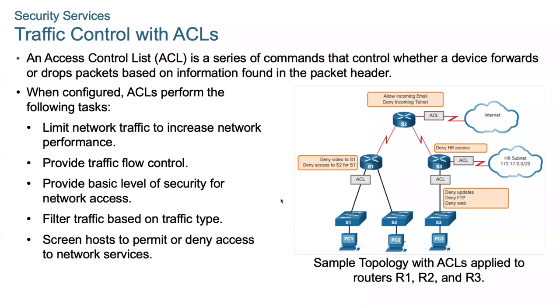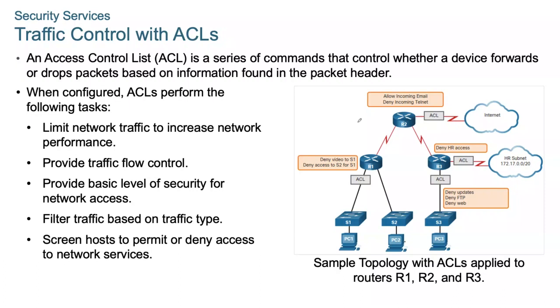So this ACL, or access control list, you can say that it is a series of commands that control whether a network edge device will forward or drop the packets from inside your network to outside the network, or from outside the network to inside your network. So this access control list basically performs certain tasks when it is configured at